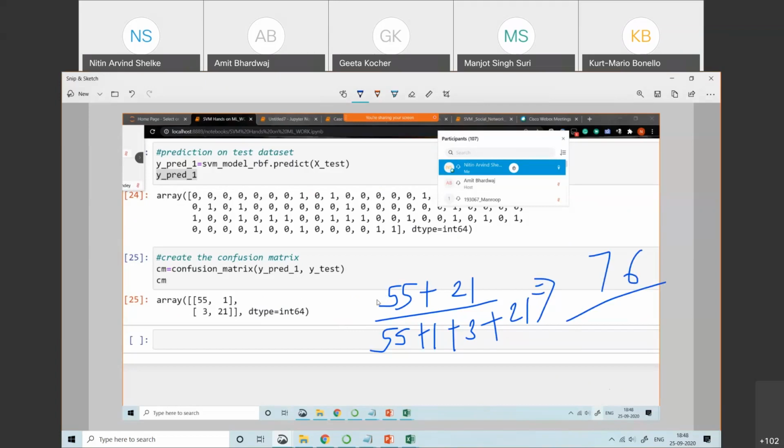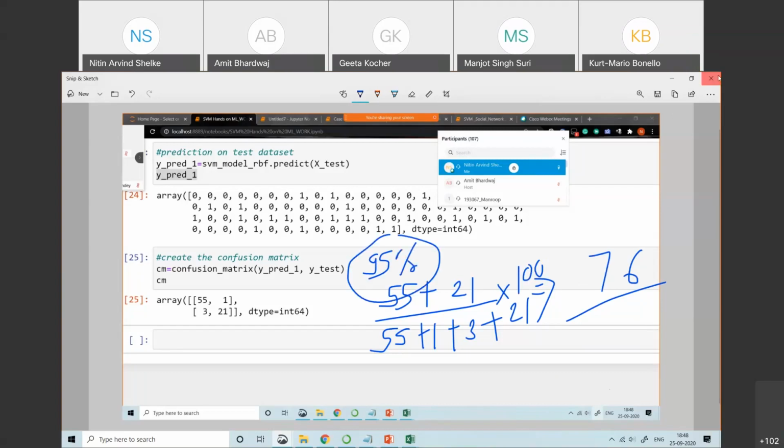Ninety-six percent? 95%. Okay, so it will be your 95%, right? Multiplied by 100 also, so we'll get it as a percentage. 95%.